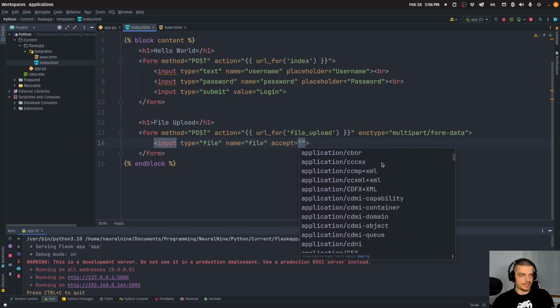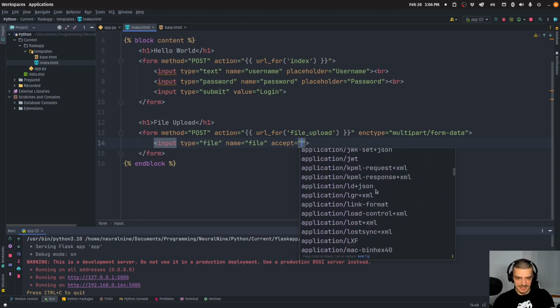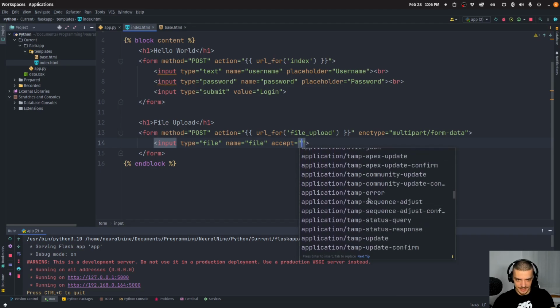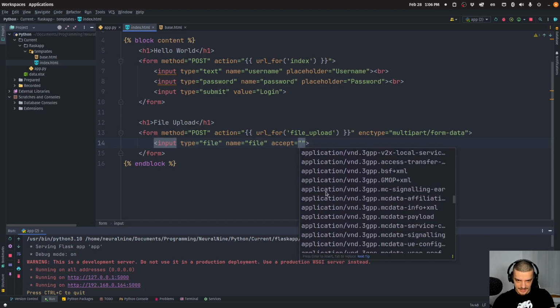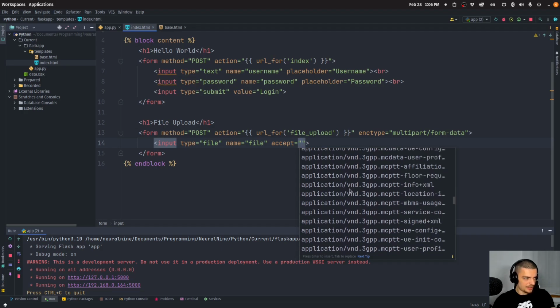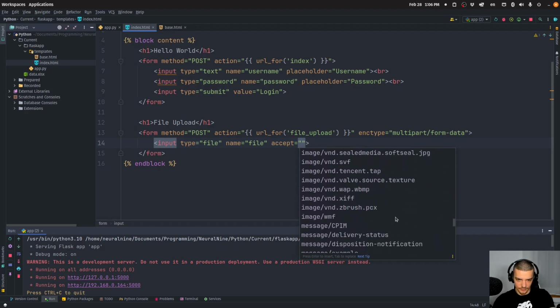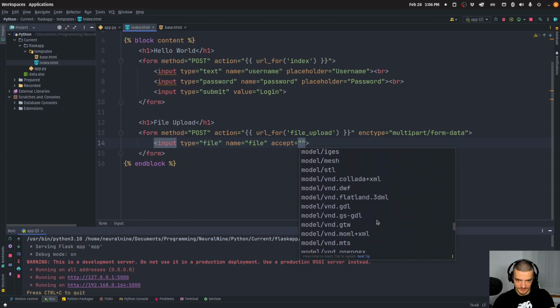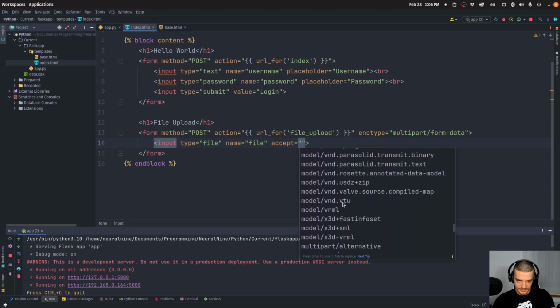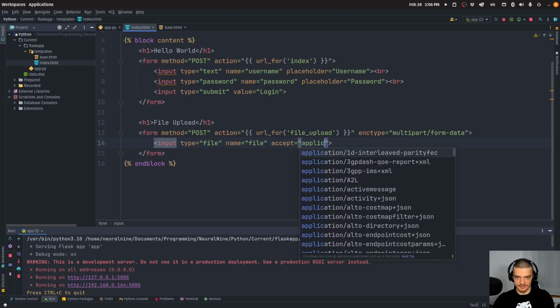What I want to allow here now is Excel files, so basic Excel files, XLS and XLSX, and also plain text. So how do I do that? I have to know what the proper content type is for Excel, and I think it is application/vnd, and then we need open XML formats. So you have to scroll for a while here. Oh, actually, I don't think that we have it here. So I have to type it out,